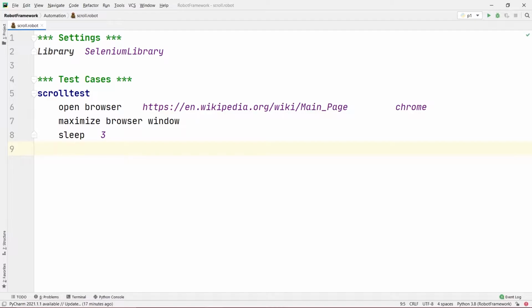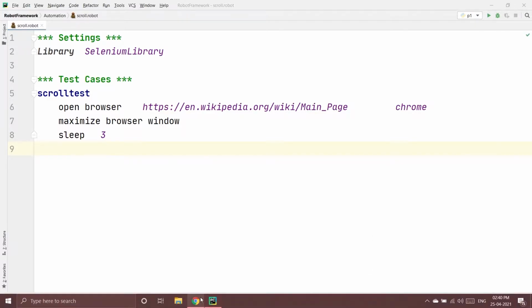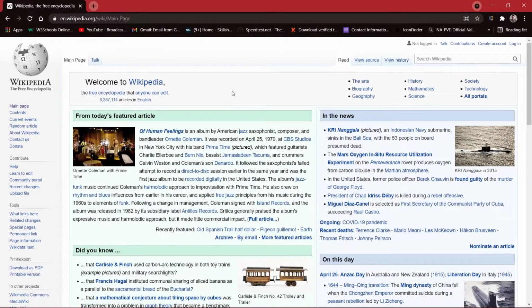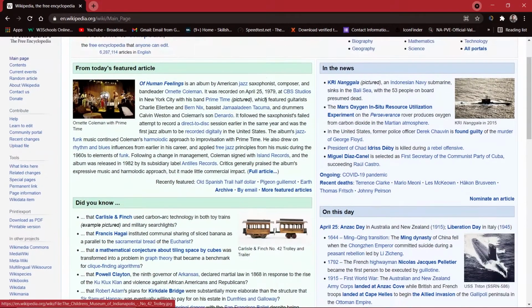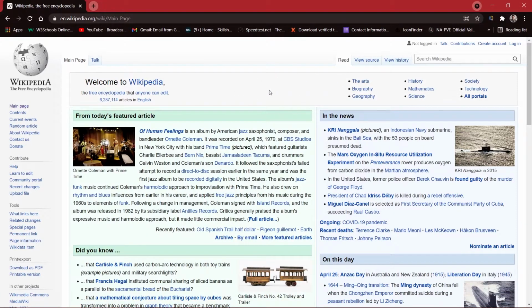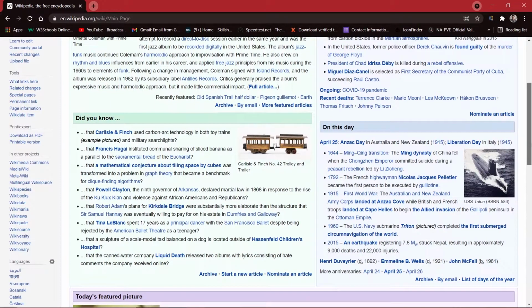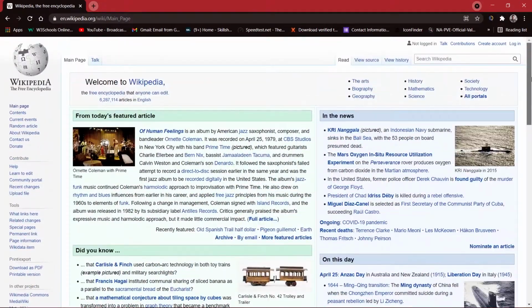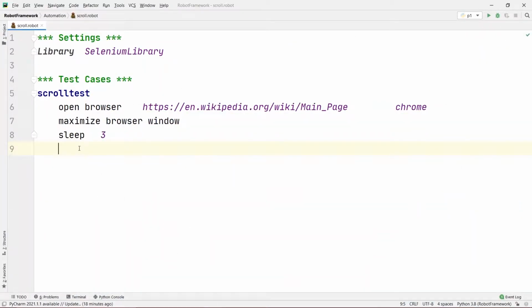After that, let's say I want to scroll a little bit, around 1500 pixels down. We cannot just tell how much 1500 pixels are on this website, so let's try and see how much it will scroll.